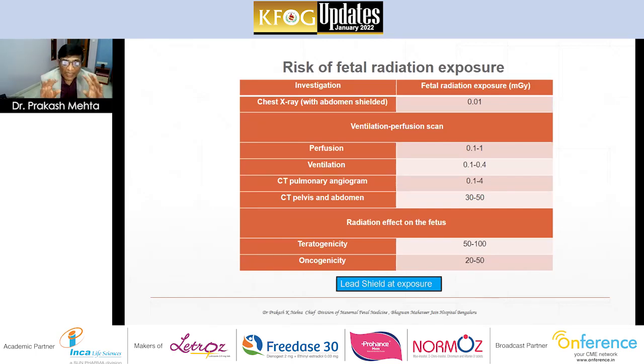Okay. Now, what most of the obstetricians and the relatives of the patient are worried about is the risk of fetal radiation exposure. Please remember that to have teratogenicity, you need an exposure of 50